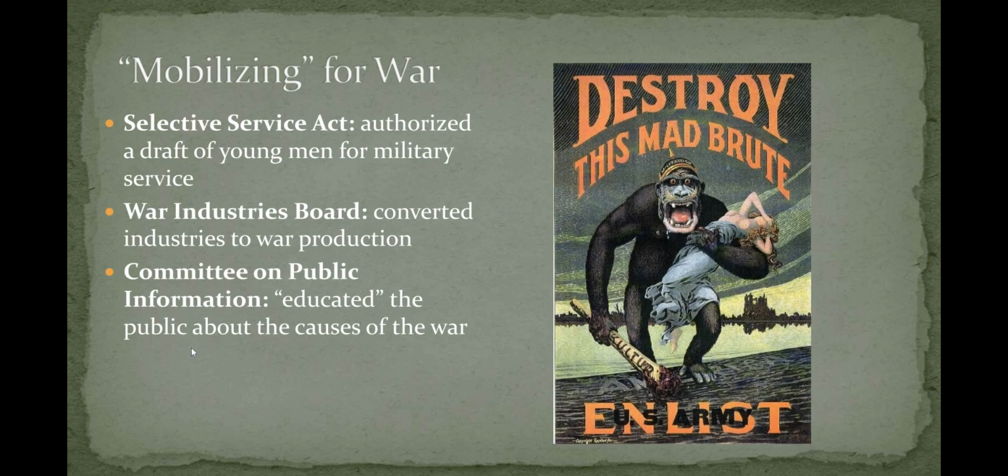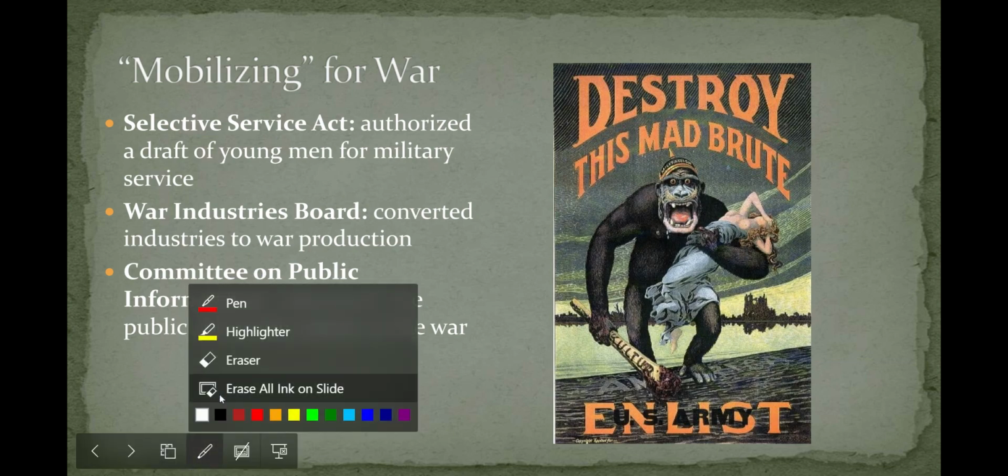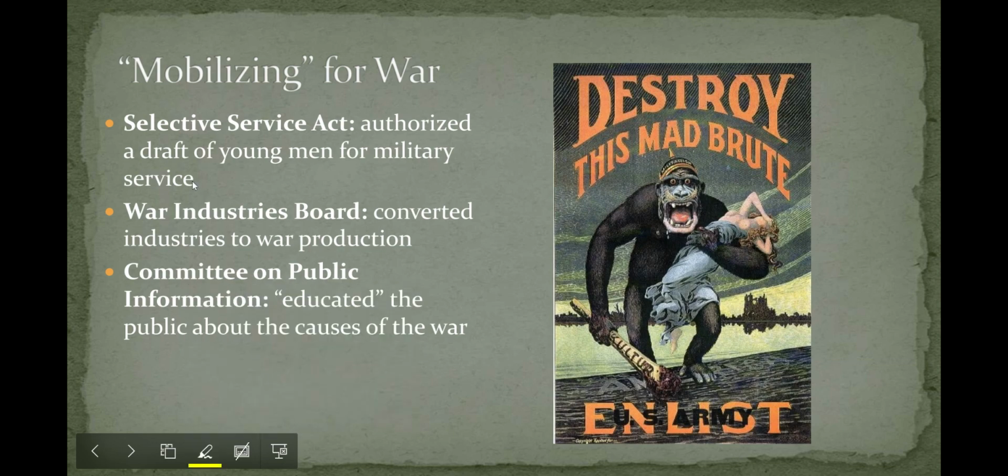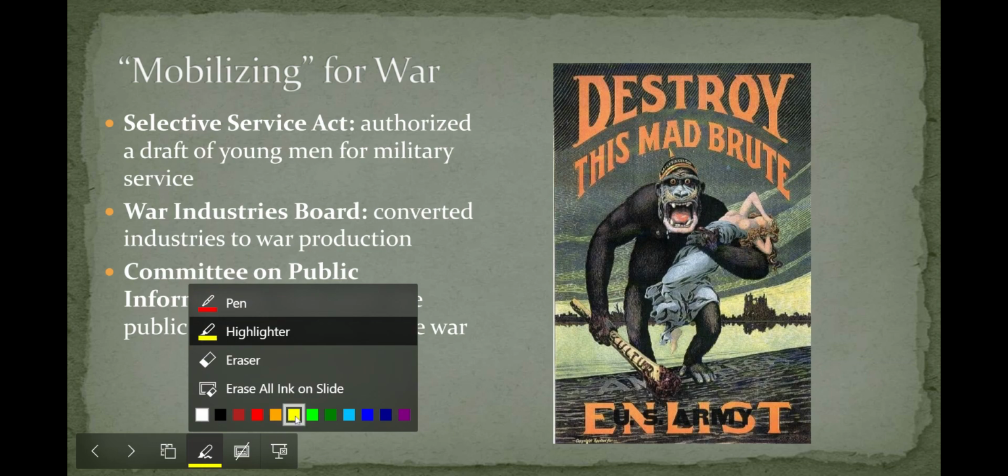Okay. So it really breaks down into two main domestic categories. The first deals with how the U.S. was mobilizing for World War One, and then the second is how they dealt with opposition to World War One. So these are three ways that the U.S. mobilized. It's not the only three ways, but three ways that we discussed. Each one deals with a different industry or area of society.